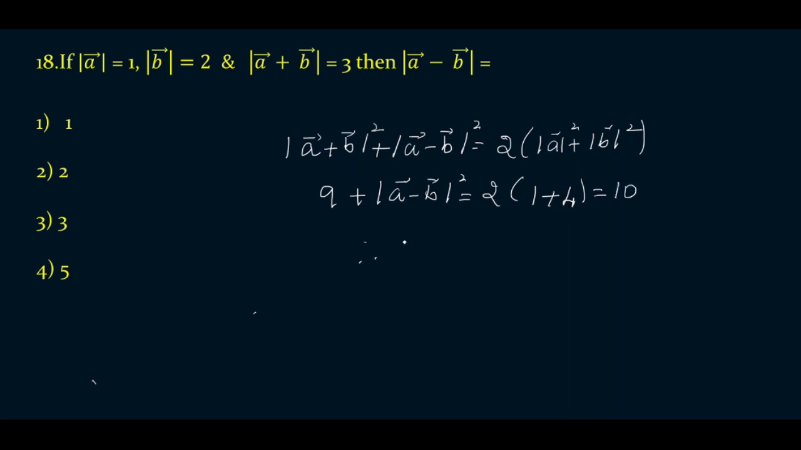Therefore, the magnitude of vector a minus b whole square is equal to 10 minus 9, its value is equal to 1. Therefore, magnitude of vector a minus b is equal to 1. This is in the first option. Therefore, the first option is the right option. The next question,